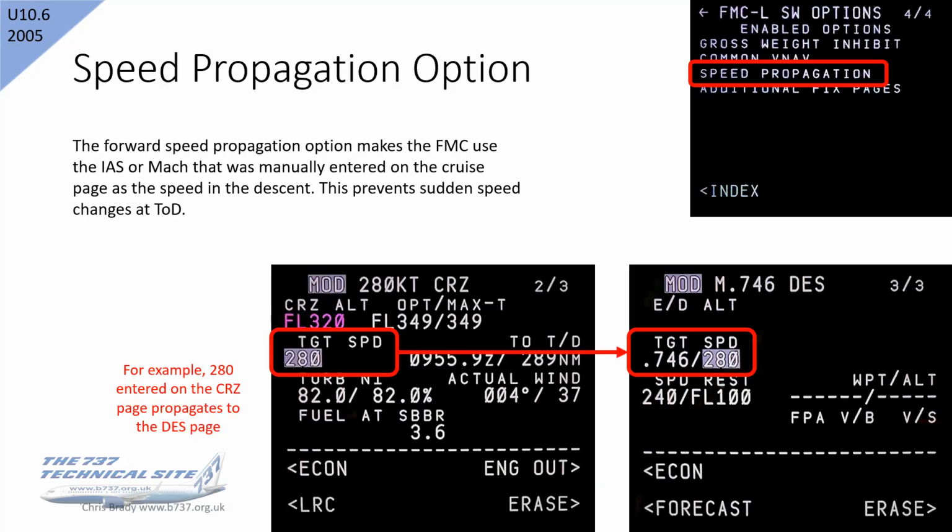Speed propagation option. I have to say that this is one of those that I think is quite mean of Boeing to make an option and not standard. Again, just to remind you that options do have to be paid for. But why on earth this wasn't made standard, I don't know. But what it was,